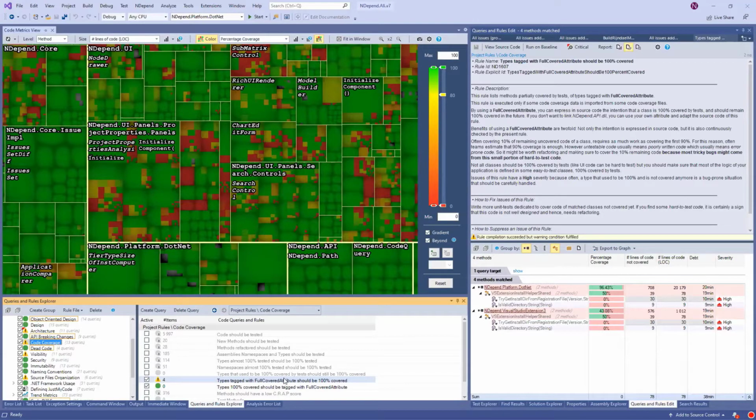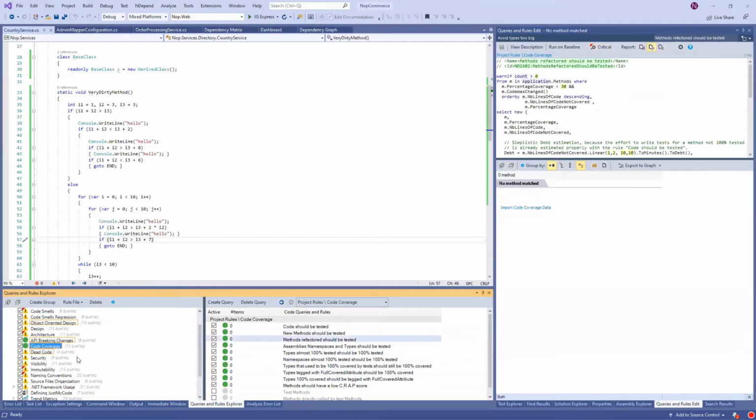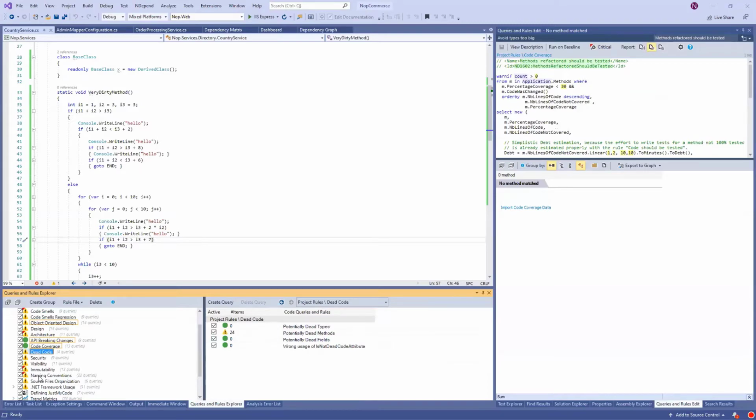And in the team, if you have this kind of attribute, that's very interesting to express your intention. I want to make sure that this class is important to be tested because it's a cornerstone of our application and it's quite important to test it. So you can express this kind of stuff with the code coverage rule.